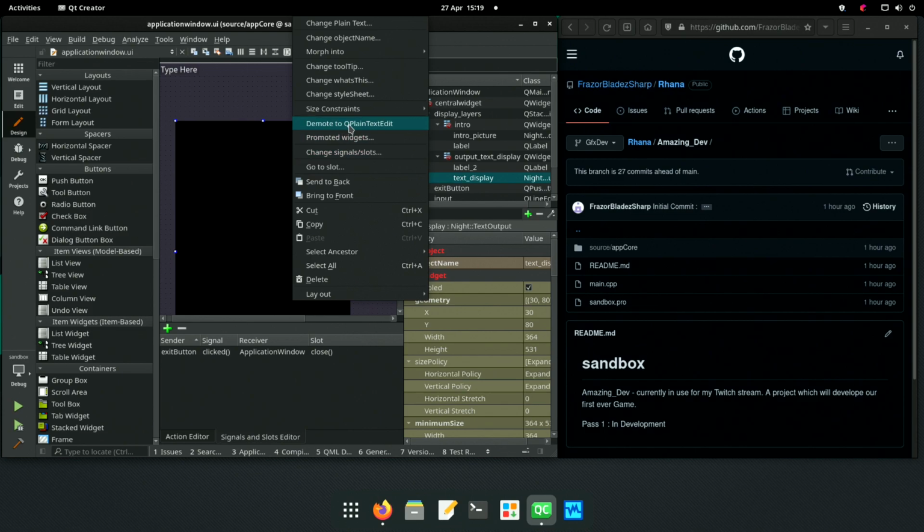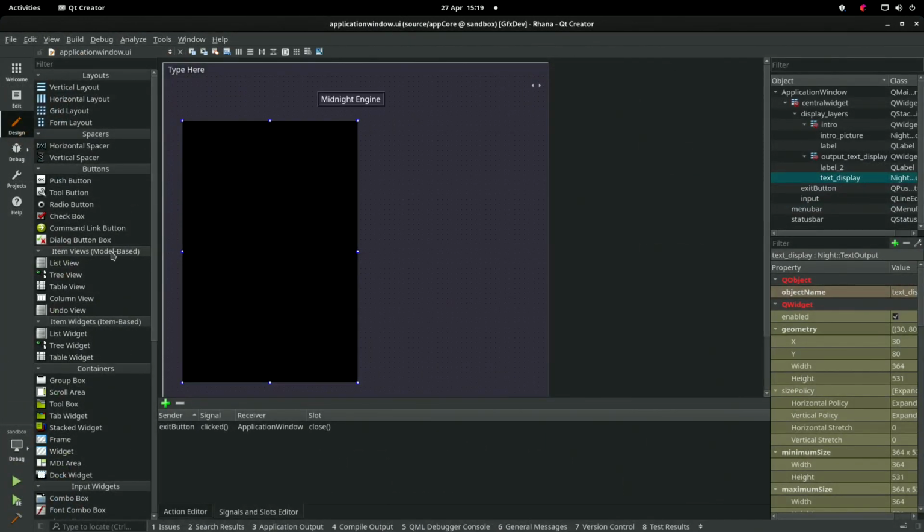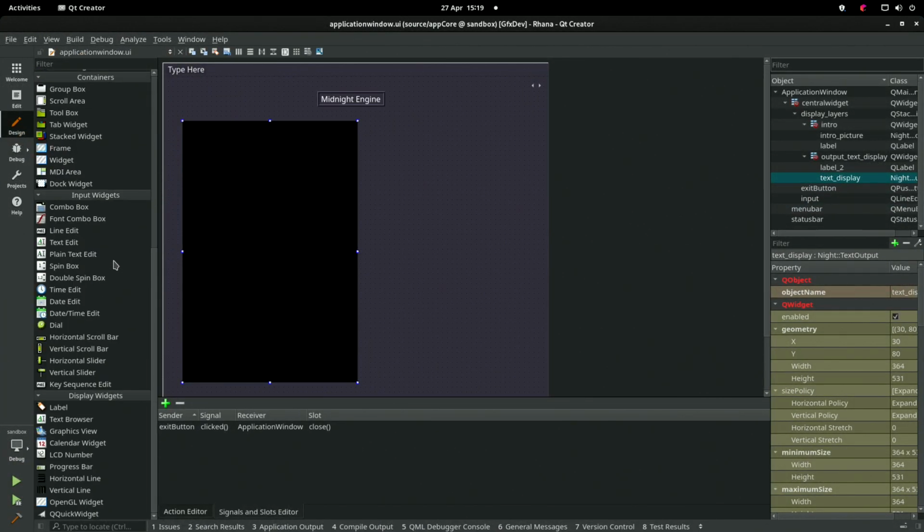Demote to QPlane text edit. Okay, so it's a QPlane text edit. That one. Yeah, it's that.